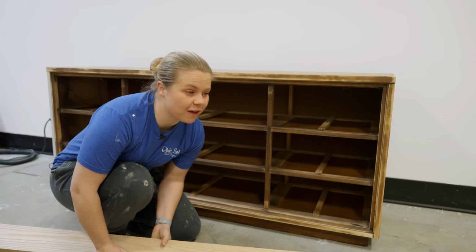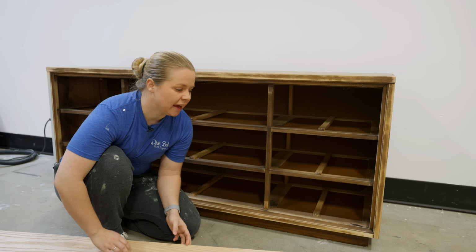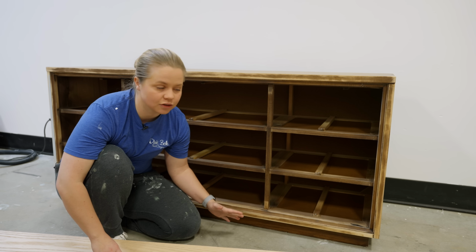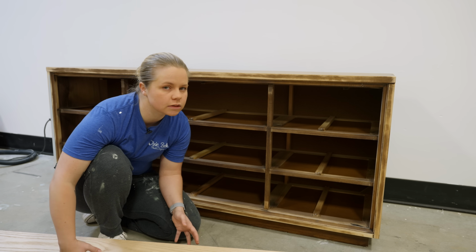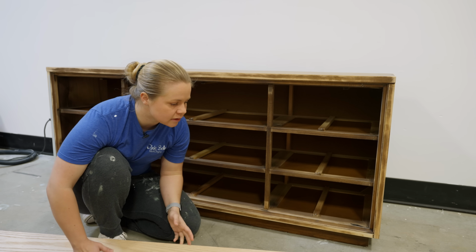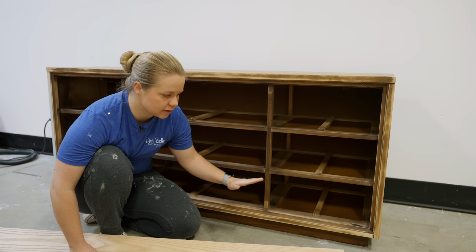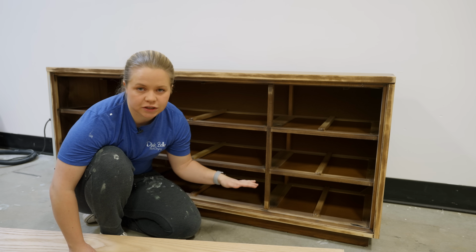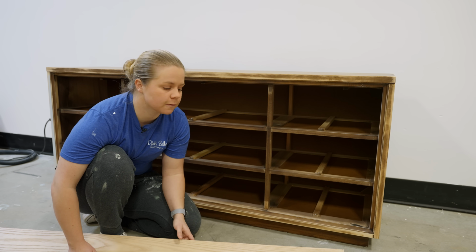All right, we are getting close to being able to start on the primer. There's just one more thing that I want to do, and my client actually really likes the floating look of the mid-century style dresser, but to her and to us, it felt just a little bit too close to the ground. This is only 30 inches off the ground, and she wanted to kind of elevate it a little bit. And so I am gonna be adding some 5.5 inch trim. So it's gonna just up it. I think it's gonna be about two and a half more inches than it currently sits. So it'll end up being right around like 33, which we felt like was a better